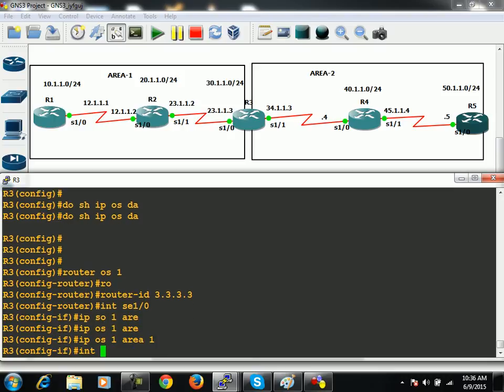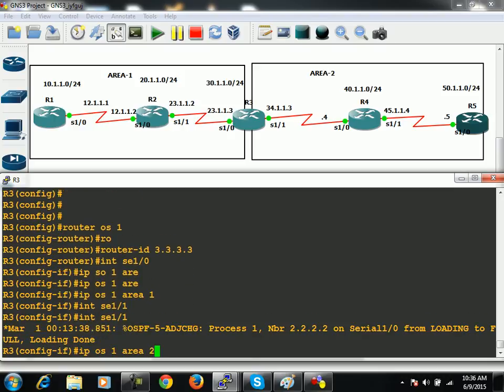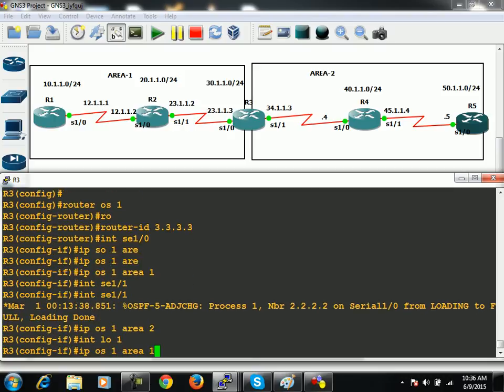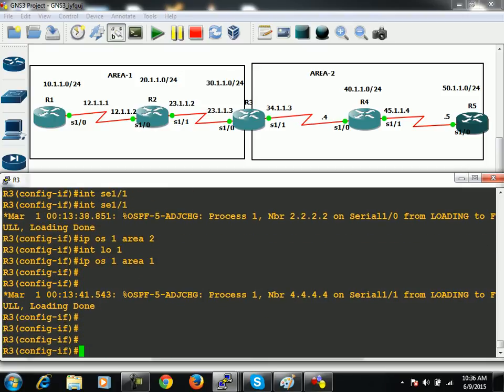Area is what? 1. Then interface S1/1 area is what? And then loopback 1 area is 1. Once again you will see that prefixes will not go from one area to another. However, this time you are using a common process for both areas here. Fine. After it,